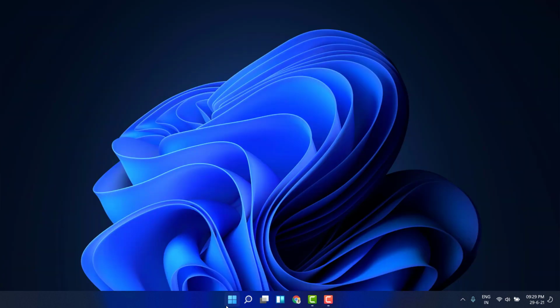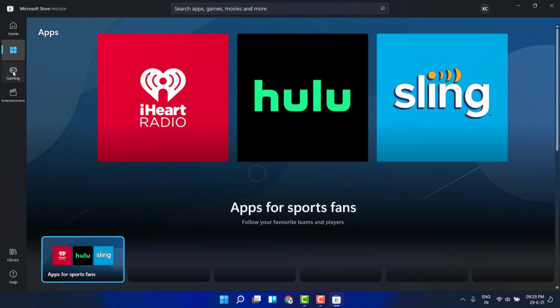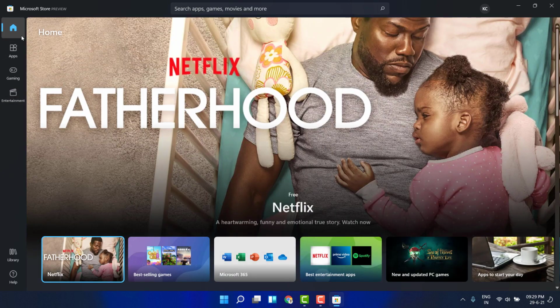Let's take a look at the Windows Store, and I think this application has major UI changes. For example, you can see we have the app section, and we have gaming and entertainment. And the best part is, of course, we can install our Android APK files, but not all APKs. The applications that are available in the Amazon Marketplace, we can sideload, or instead of sideload, I can say we can directly download with the help of the Windows Store app.